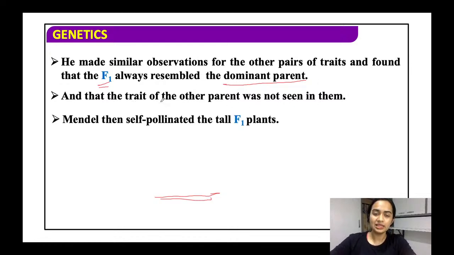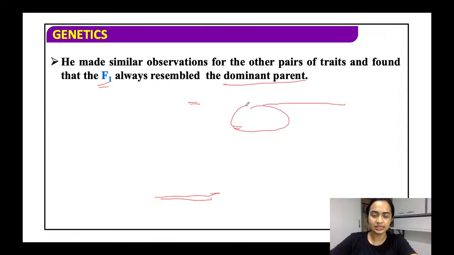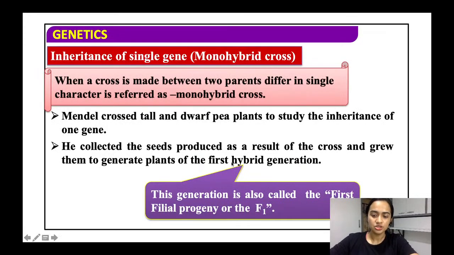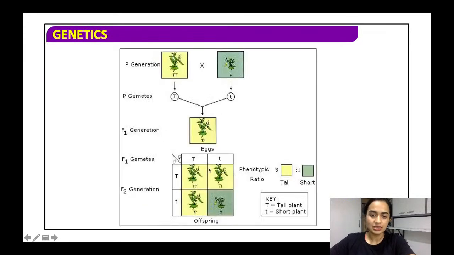तो वही हम कह रहे हैं कि F1 में जो रिसेसिव पेरेंट है, मतलब अदर पेरेंट, उनका ट्रेट हम उसमें नहीं देख पाते। And Mendel then self-pollinated the F1 plants. अभी जब इस F1 प्लांट्स को हमने सेल्फ पॉलिनेट किया, let me show you, see here, so here we have basically self-pollinated the F1